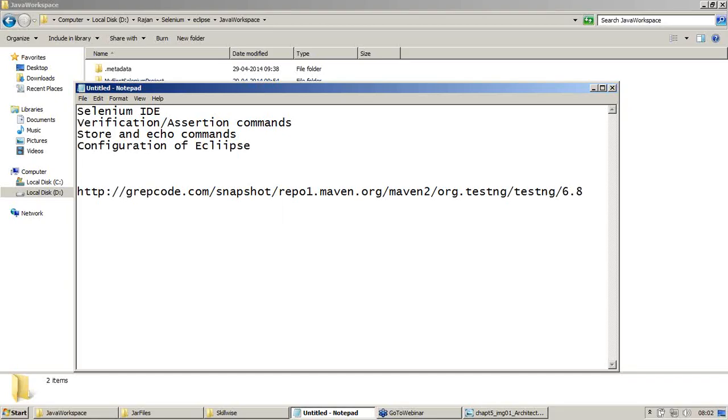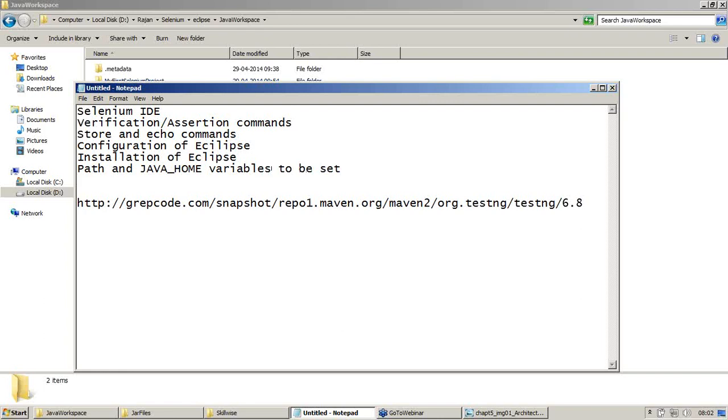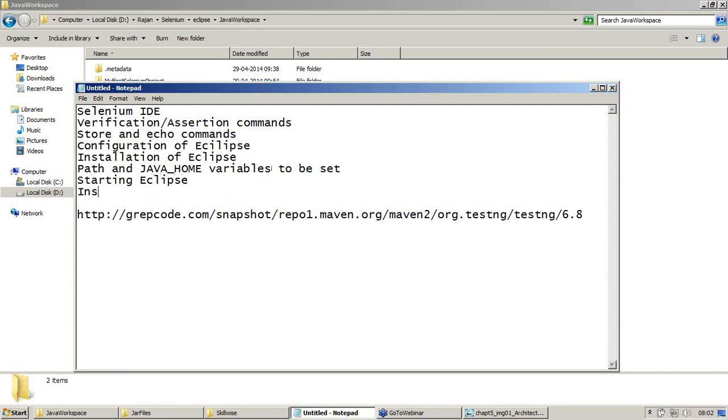Installation of Eclipse is nothing but downloading and extracting it. That is what we call installation. And the most important thing we saw were the path and JAVA_HOME variables to be set. Then starting Eclipse and installing the TestNG plugin.